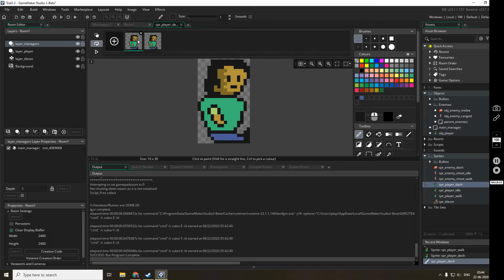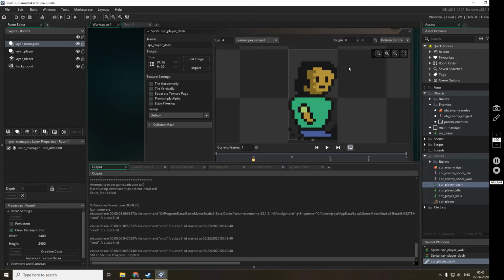Maybe we can create a few particles, and yeah, so these are the particles that will randomly spawn at different places. Just play it and see. Okay, this is good enough. So this is the dash animation.